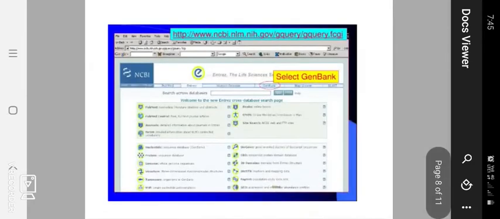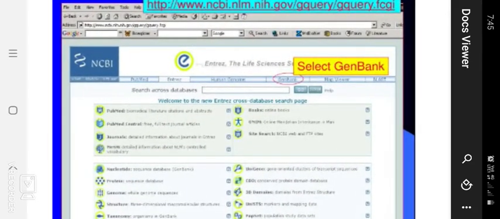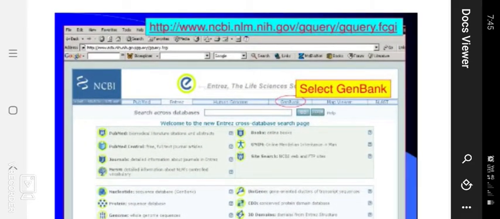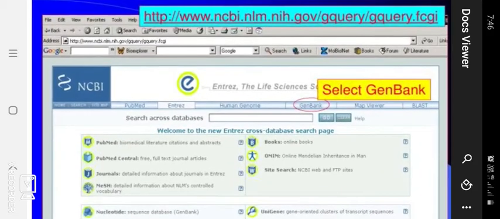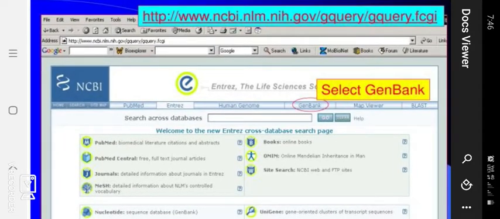Now the official website of NCBI, see the yellow highlighting: select GenBank. You go to NCBI, NIH.gov, which is the official website of GenBank, along with PubMed and the Human Genome.